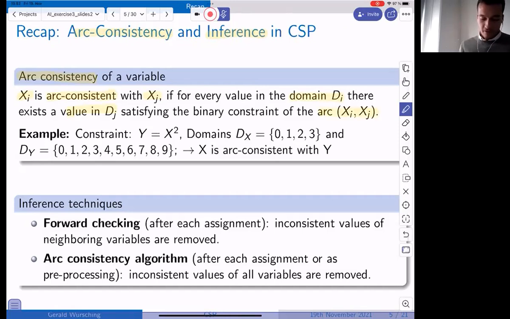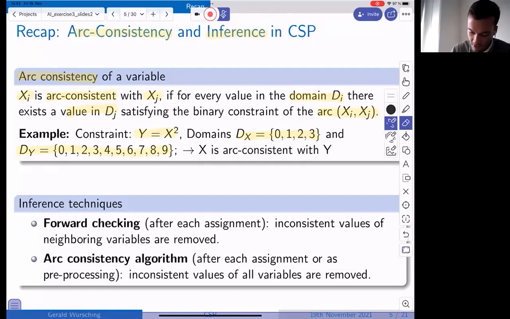As an example, we also had this example in the lecture. We use the constraint y equals x squared, and we have a domain dx like this, and a domain dy like that. Then we can say that x is arc consistent with y. Why can we say that?